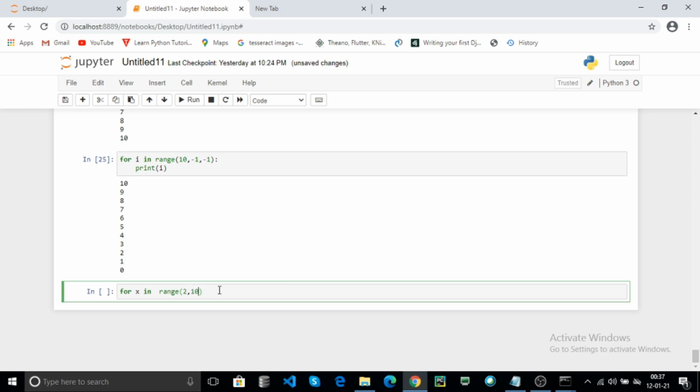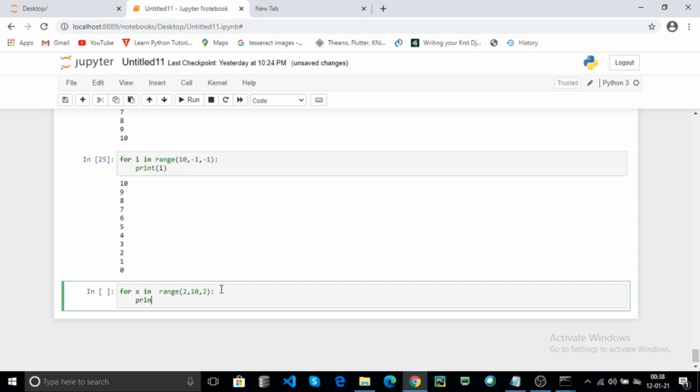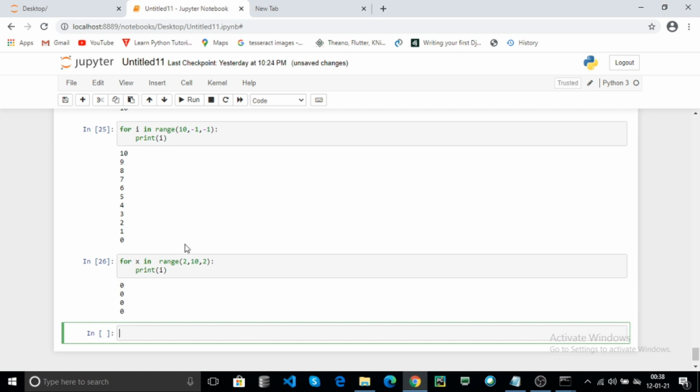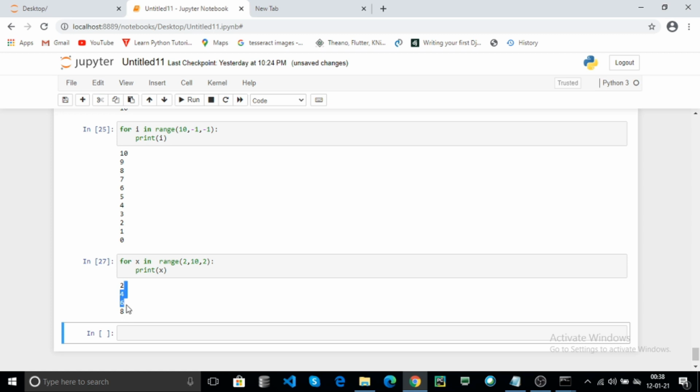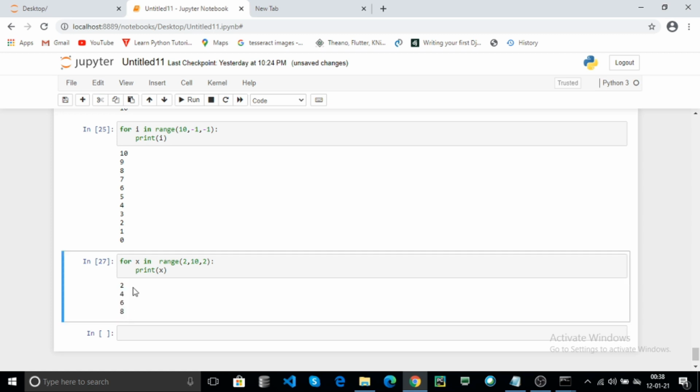The ending value is 10, and here the step is used to add the step value to the starting value in every iteration. Here you can use 2. Now print i and click on run. Sorry, the variable is x. Click on run. It prints the even numbers between 2 and 10.